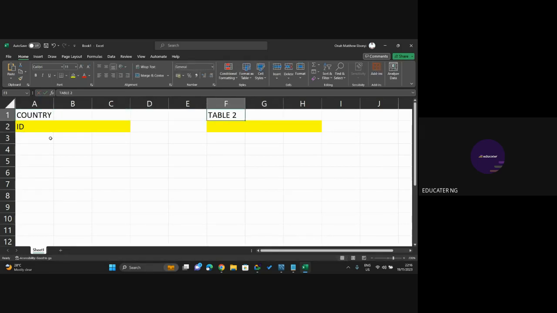Let's call the other one cities or states. So we have the country ID, country name, and continent. Country ID, name, and continent. Country number 1, we have Nigeria. Continent is Africa. Country number 2, we have Ghana, and then we still have Africa. Country number 3,